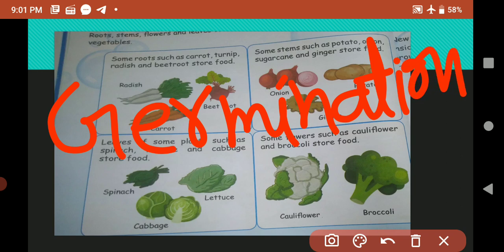If you have experience of planting a tree, then you can easily understand how a seed is changed into a baby plant after some days. New plants mostly grow from where? Seeds. A baby plant and its food are present inside a seed. When a seed gets proper sunlight, warmth, air and water, it grows into a baby plant, and this process is known as what? Germination.